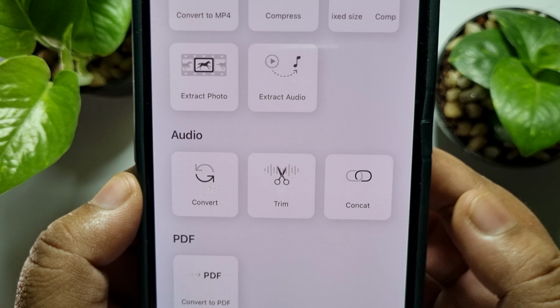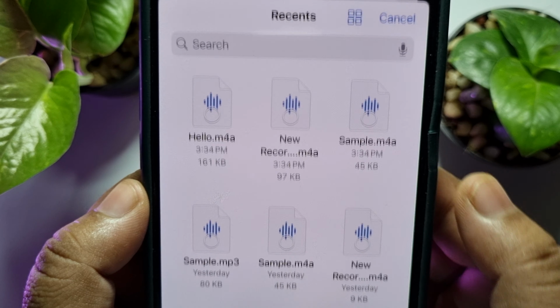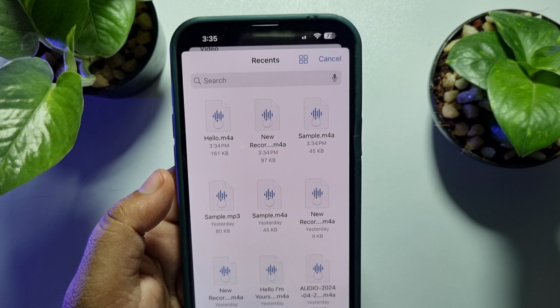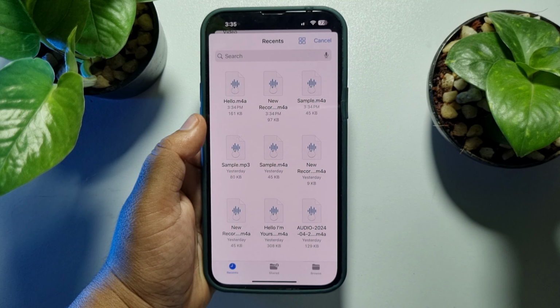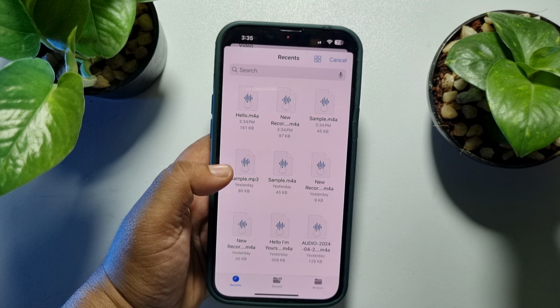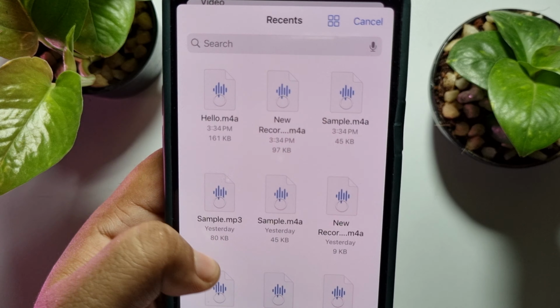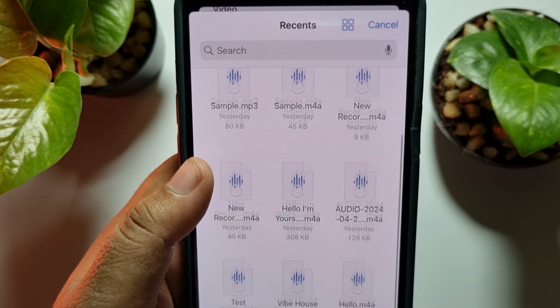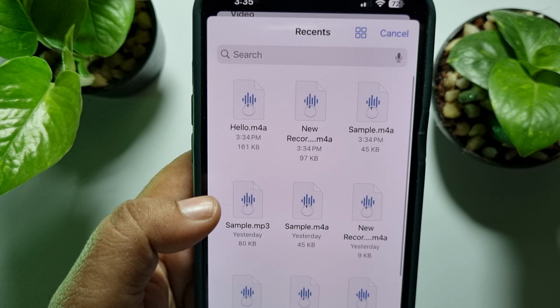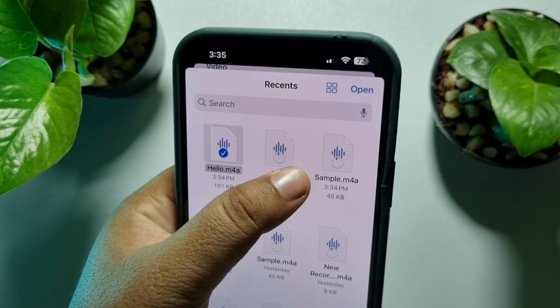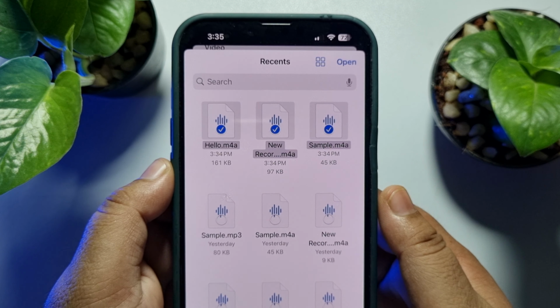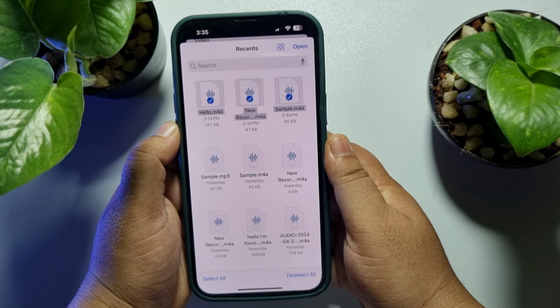So all you have to do is open this Concat option, and now it will open your file manager. At the top of this Recents, you will find all of your audios. Now scroll down and search for those audios you want to merge. So here I'm selecting 3 audio files for example and tapping on Open,